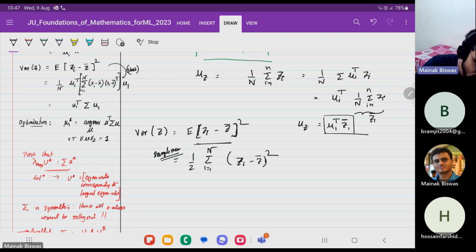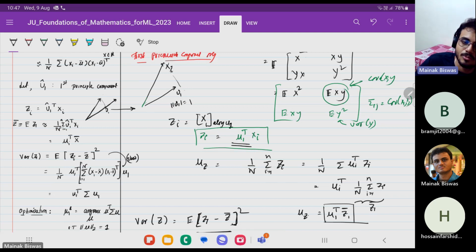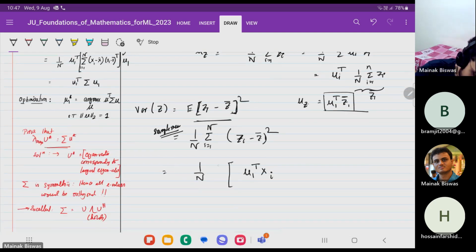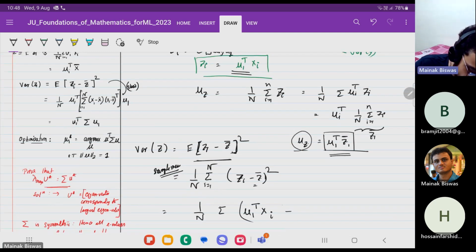Stop me as soon as you think it is difficult. So Zi would be, what would be Zi? U1 transpose X, yes or no? This is the first principal component. We have written Zi to be U1 transpose X. Minus Zi complement would be transpose this one, right? So mu Z bar is given by,